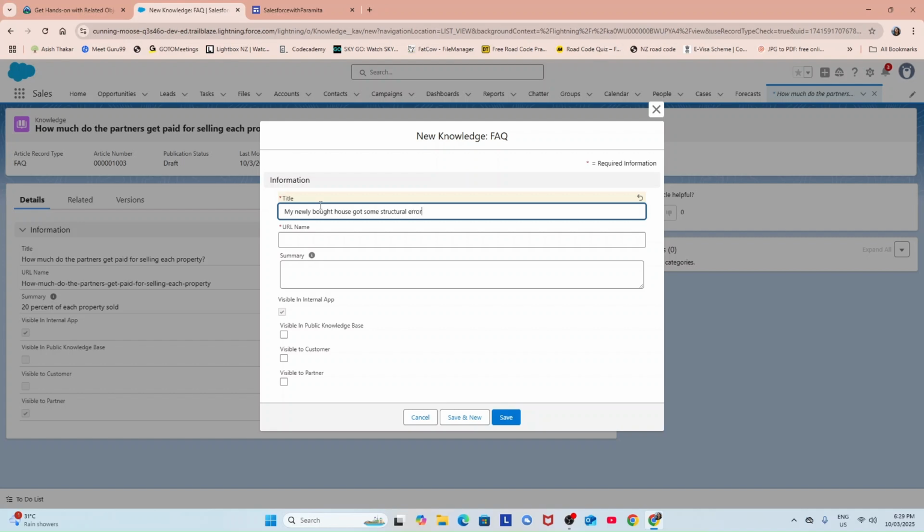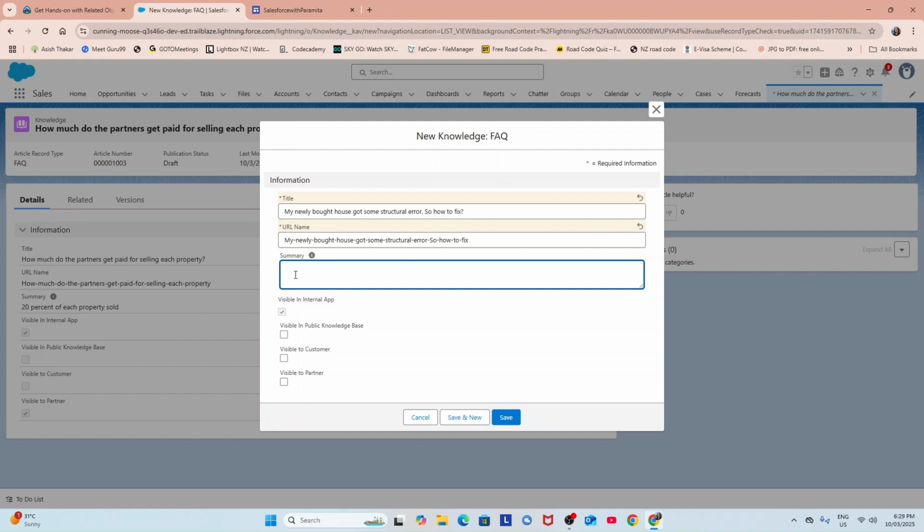Okay, so how to fix? Okay, so summary, maybe the summary will be, if your newly bought house has got any structural defect,